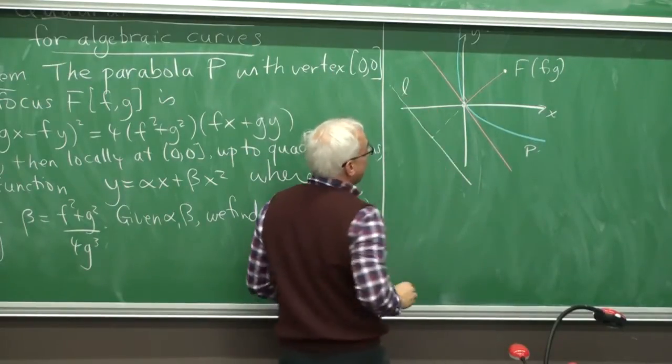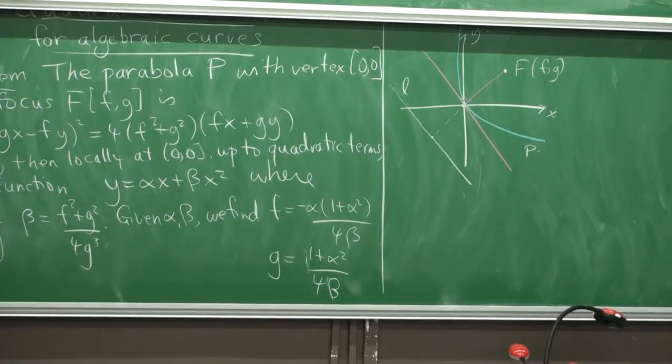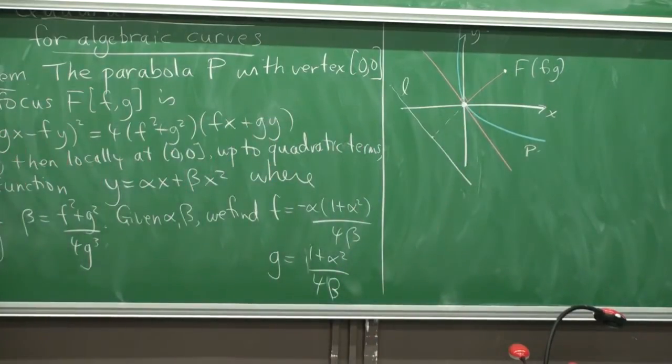There will be the directrix L. All right, so basically, given the point F, G and the knowledge that the vertex is at the origin, then we